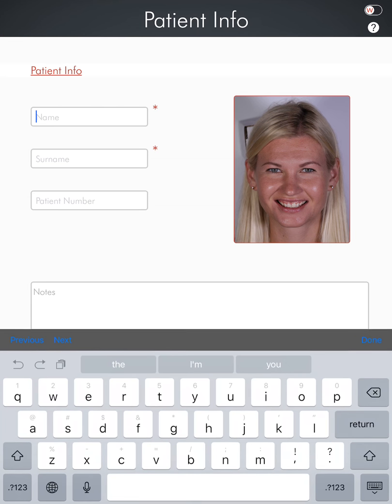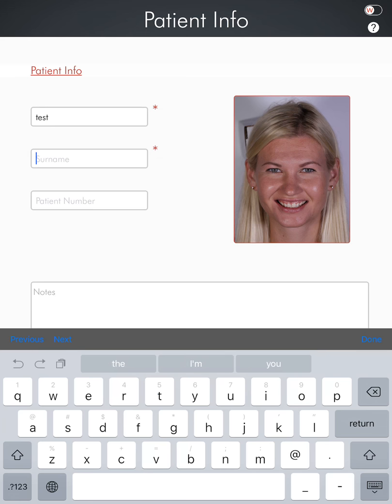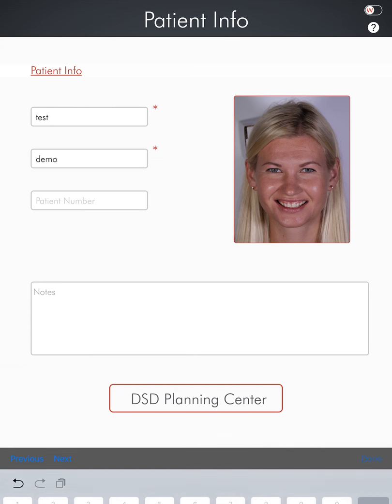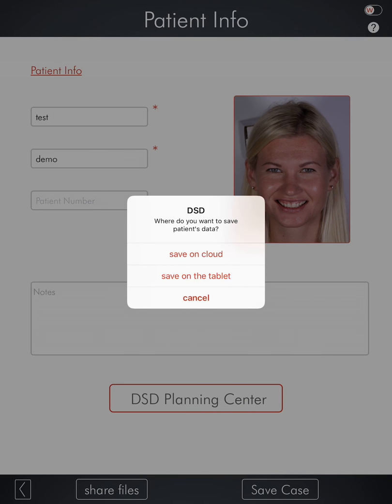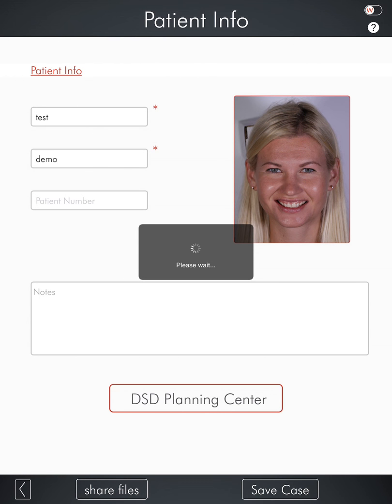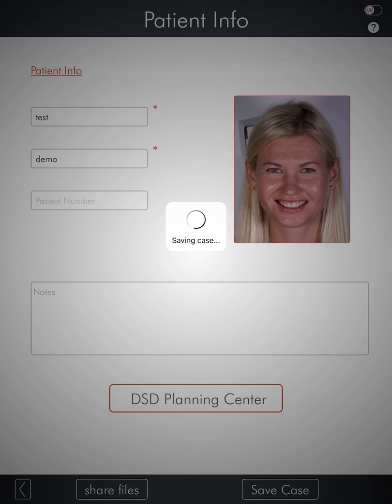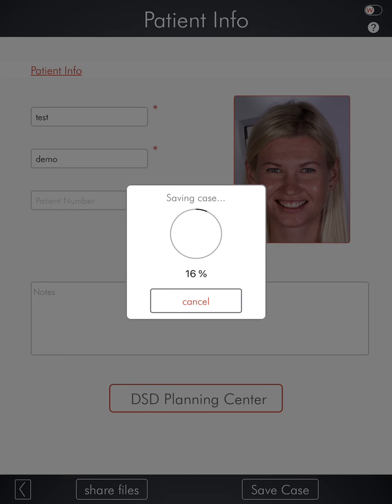Fill in patient info. And in the lower right hand corner, press Save Case. You can save on the cloud. And after it's done saving,